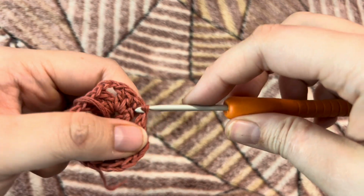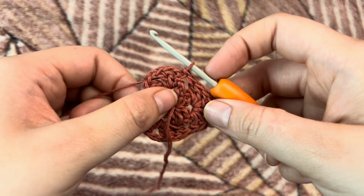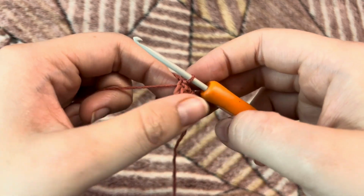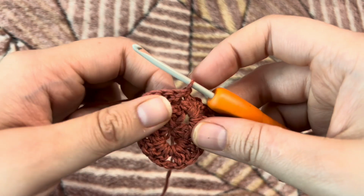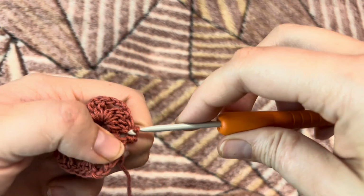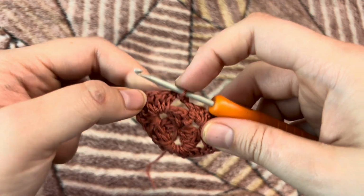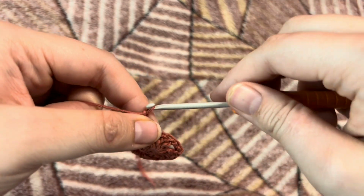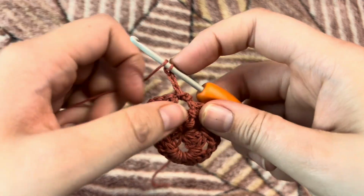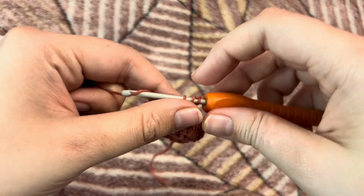Okay, you see our triangle has started to form, and now I am going to turn around my work and make a slip stitch in the adjacent chain 2 space to begin with our third row. Now our third row is going to be chain 3. This chain 3 is our first double crochet, and we are going to make 2 more double crochets in the